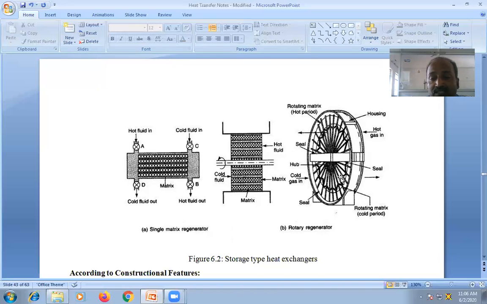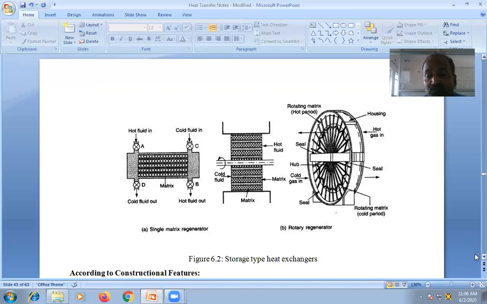After cooling the hot portion, again the lower portion goes to the upper portion, and the upper portion comes to the lower portion. So again the upper portion gets heated because of the hot gas. When it comes to the lower portion, it is cooled by the cold gas. This type of cycle is continuously arranged. This is called a rotary regenerator. Means hot gas and cold gas alternately cool the system, in a rotary way, therefore it is called a rotary regenerator.